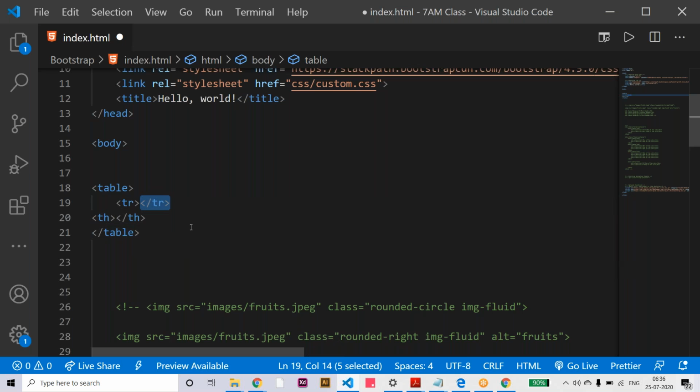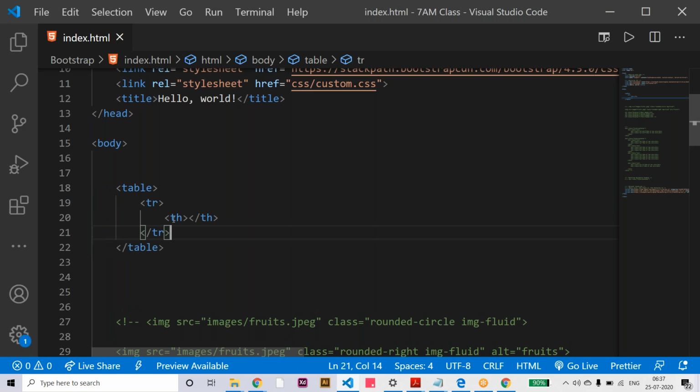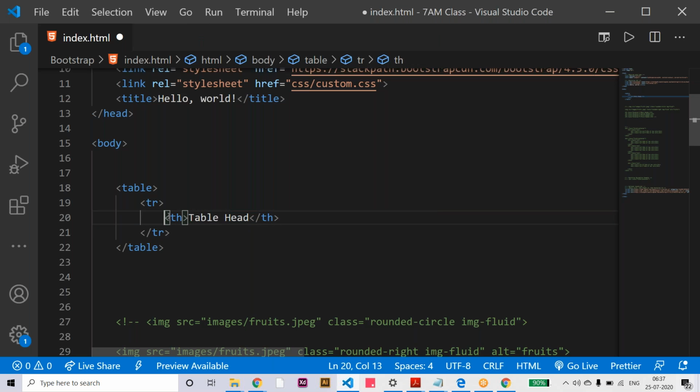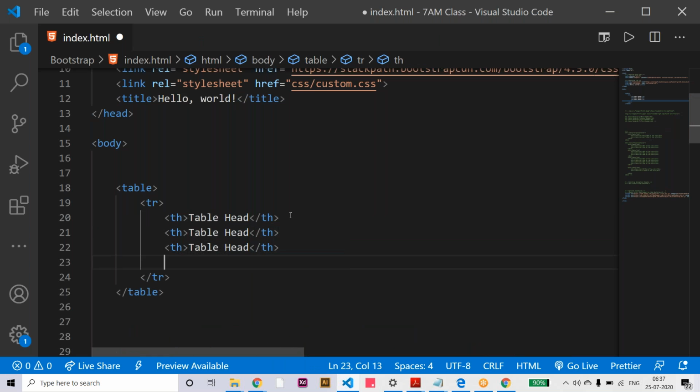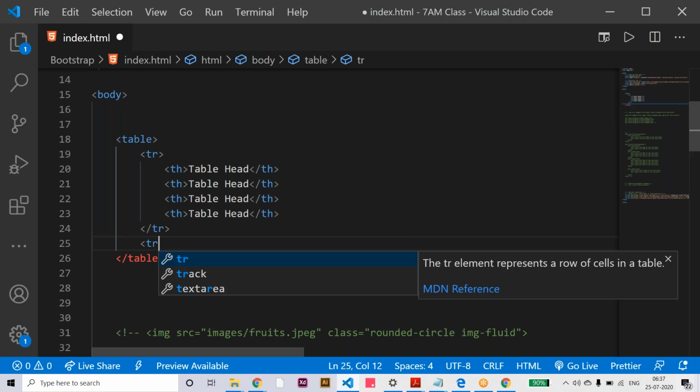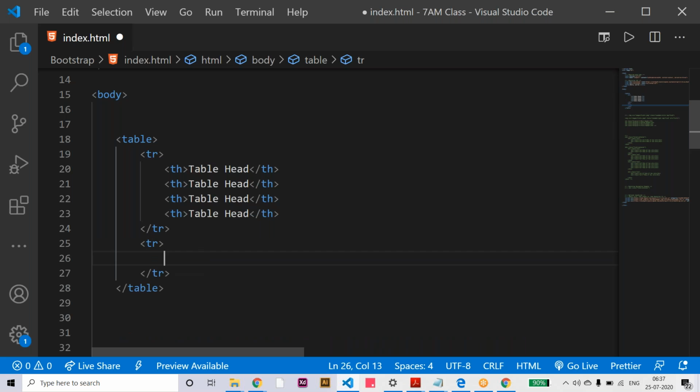Inside that row I have multiple headers, like 2, 3, 4 or 5 headers. Here I'm going to use table head like this. Suppose I have 4 columns, like 4 heads, and then the second row, tr. Again here is the normal data.